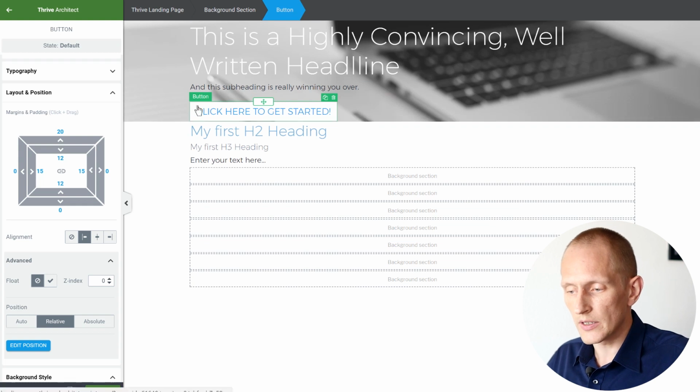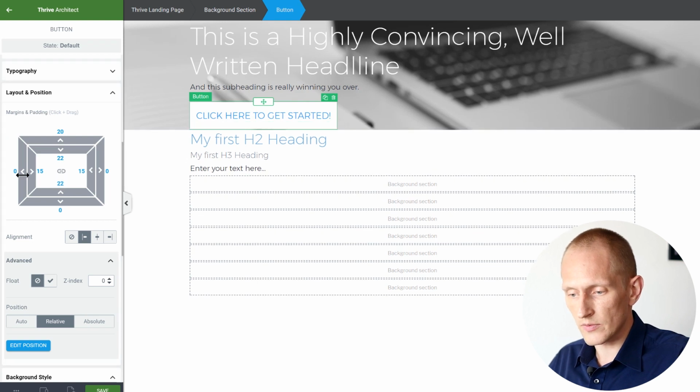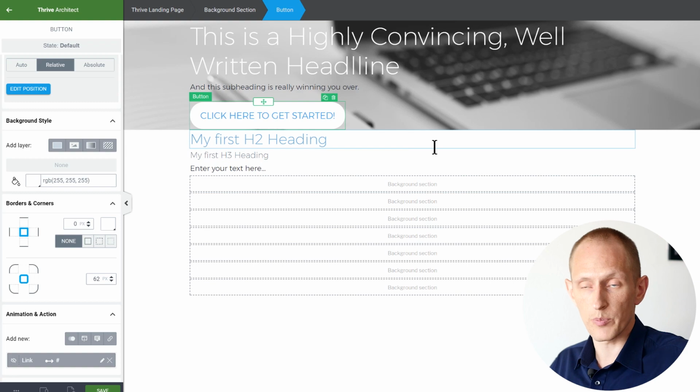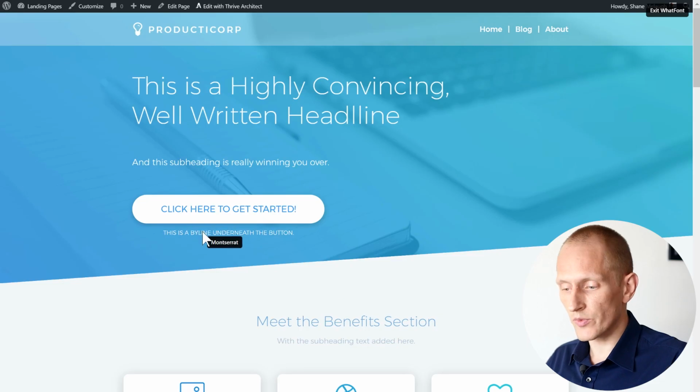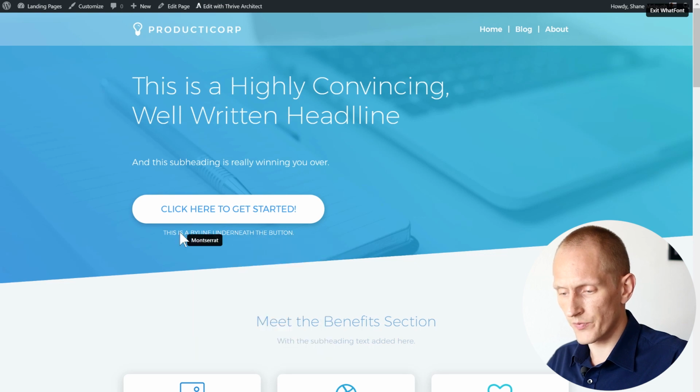I'm just going to approximate this. I'm not going to inspect exactly what the values are. Say maybe it's something like 22 and 25 on the sides, and then we definitely have rounded corners, so we apply a value here that's large enough to make it pill-shaped. Now what we have here is this byline that's centered underneath the button. It's 14 pixels, and I'm going to copy this, and we need to add this byline, add a hover effect,